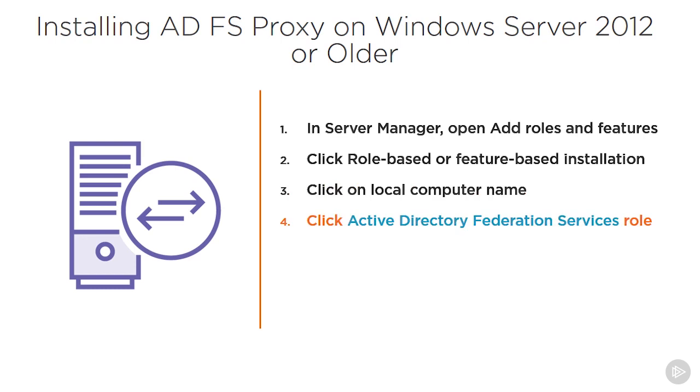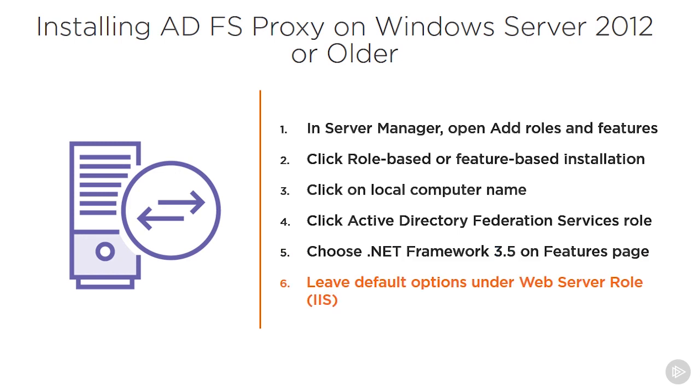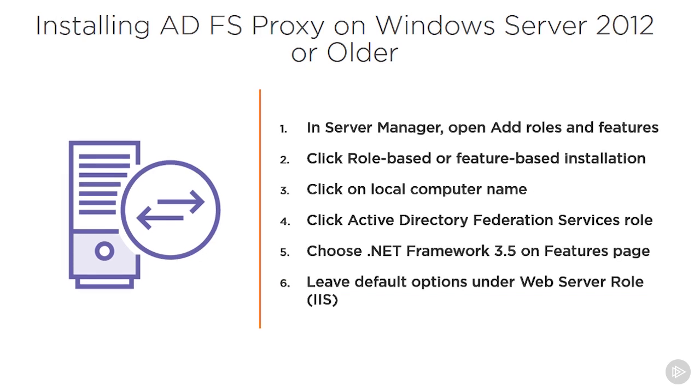Click on the local computer name. Click the Active Directory Federation Services role. We're then going to have to choose the .NET Framework 3.5 on the Features page. We didn't have to do this with Windows Server 2012 R2. So starting in Step 5 is where it gets slightly different. Step 6, we're going to leave the default options under the web server role, which is the IIS role. So these are the first 6 steps for installing the role for the ADFS proxy on a Windows Server 2012